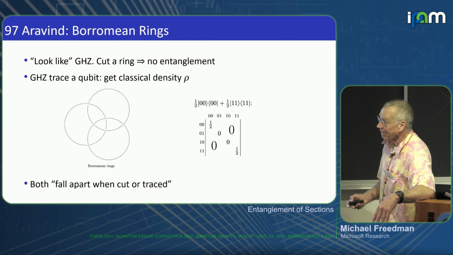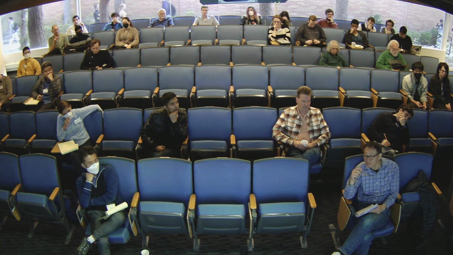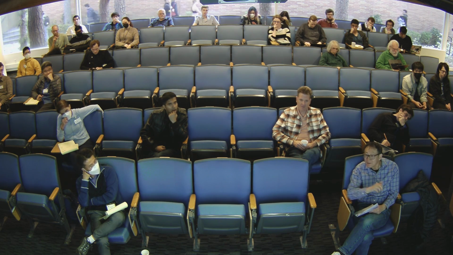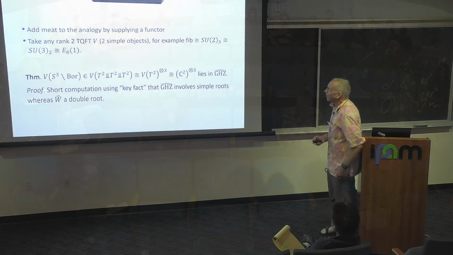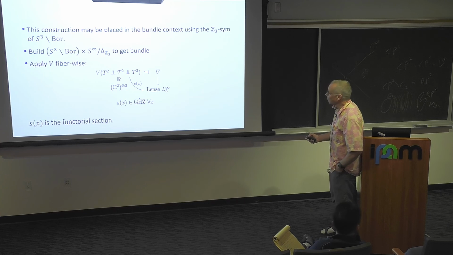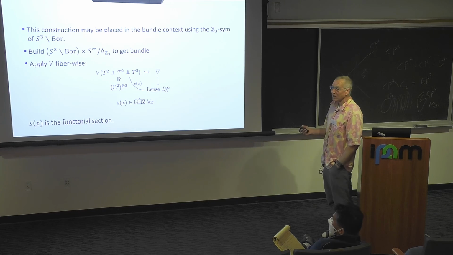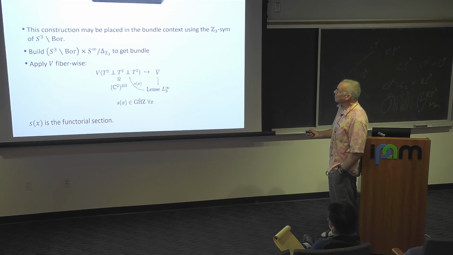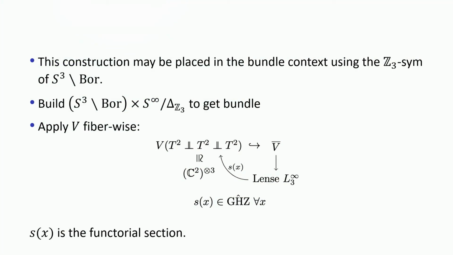Do you think this will be stable if you take the motion group of the Borromean ring? Oh, well, actually, that's my last slide, is the motion group. So just to put that particular construction in the context of the rest of the course, the family discussion, notice that there's a Z3 symmetry of the Borromean rings.